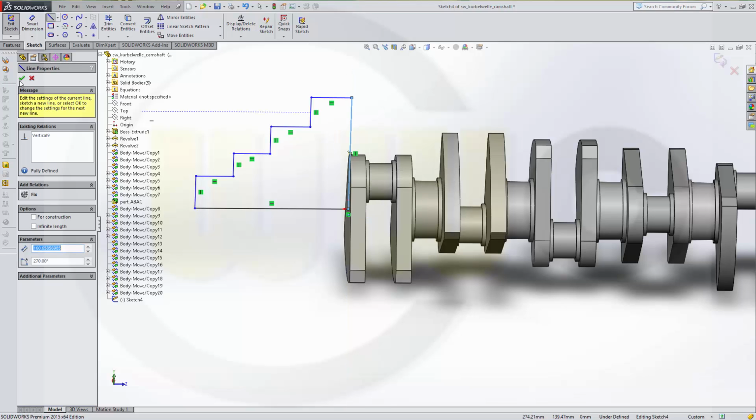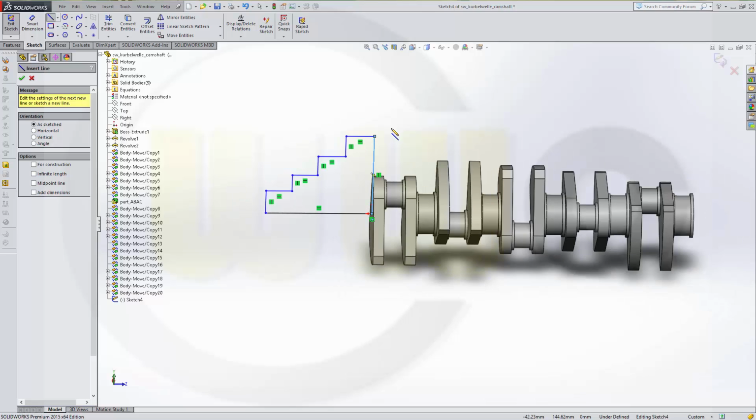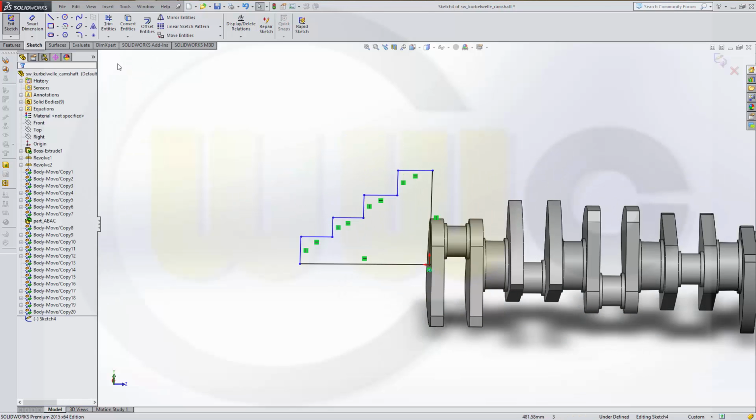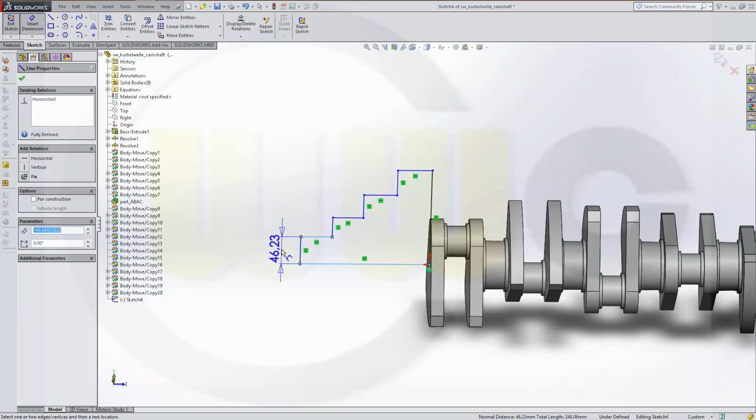Close it. Confirm. Give it some dimensions. This should be